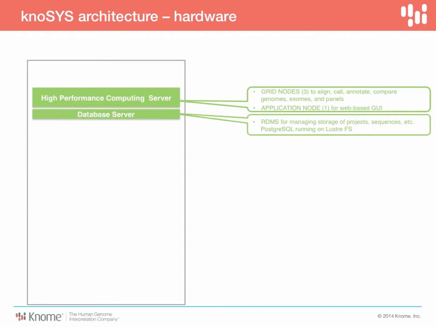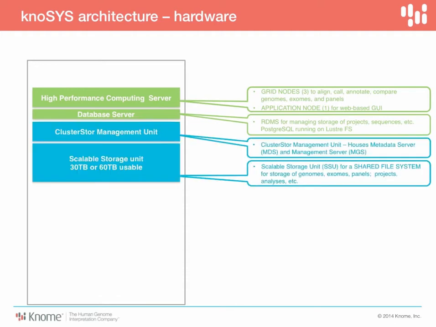So we have a database server as well. This keeps track of everything. We happen to use Postgres. Go into that in a little bit more. And this is what keeps track of the transactions and all the processes that happen. And then you have to store everything. And so here we have the storage unit that we're using, which is the 60 terabyte, by default, 60 terabyte array. And it comes with a storage management unit, which is for storing metadata for all the files.